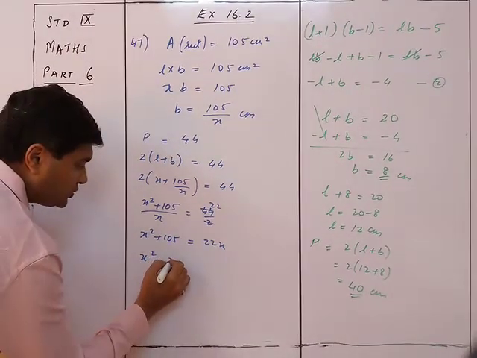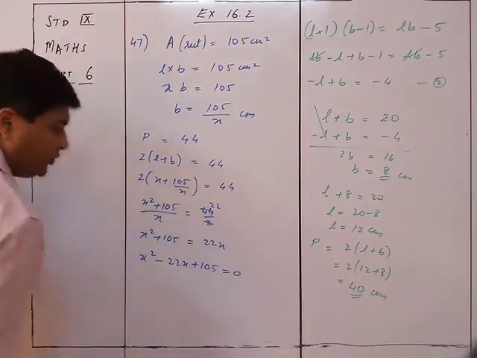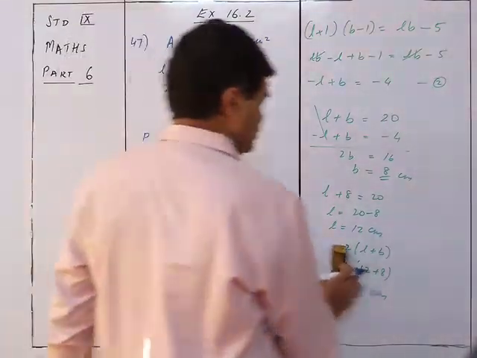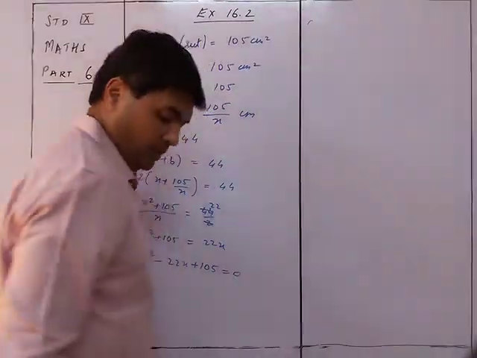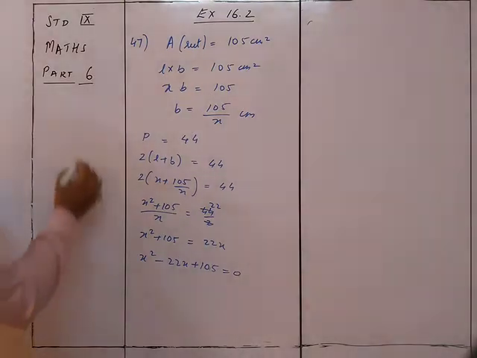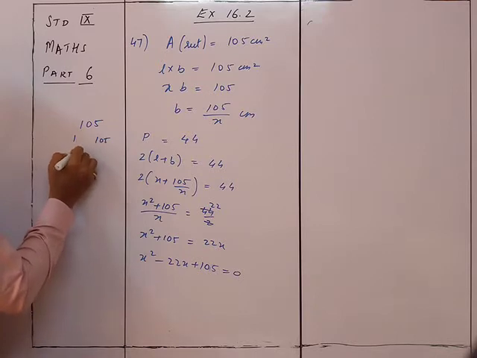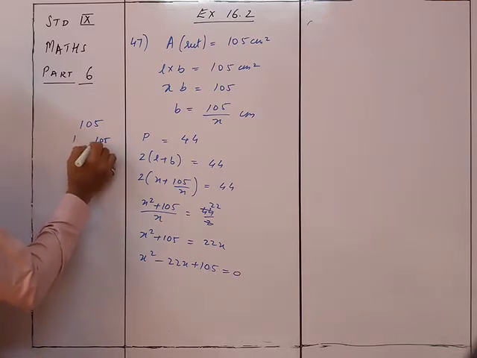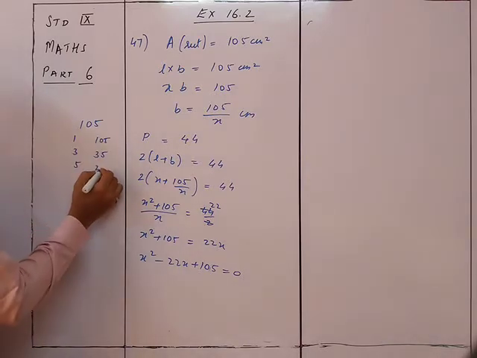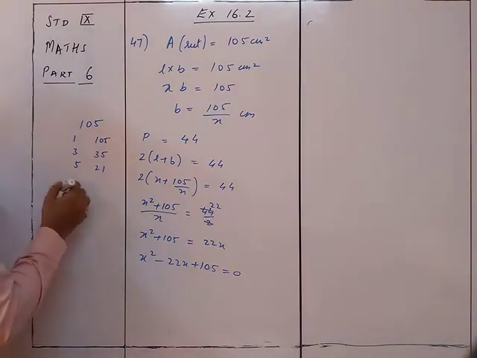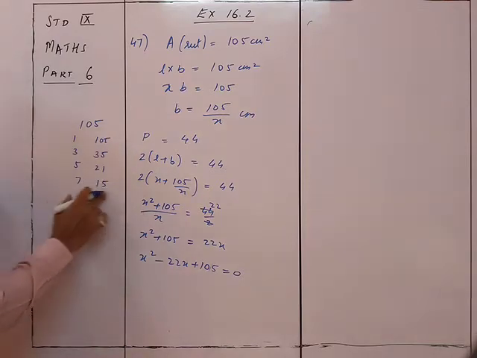So x square minus 22x plus 105 is equal to 0 will be the quadratic equation which we need to solve now. So the product of the two numbers is 105, whereas the sum is 22. So normally it's 1 into 105. If I take 3, we divide by 3, 3 3s are 9 and then 15, so 35 and 3. No. If you take 5, it is 5 2s are 10 and 5 1s, so 21 and 5. Again, not possible. If I take 7, so 7 1s are 7 and 7 2s are 14, 15. Yes, this is it. 15 and 7.